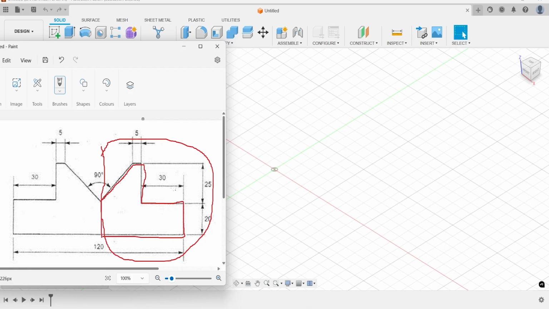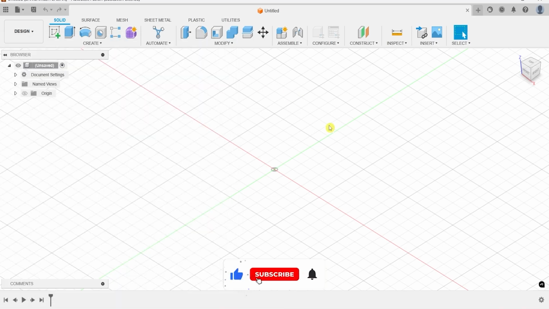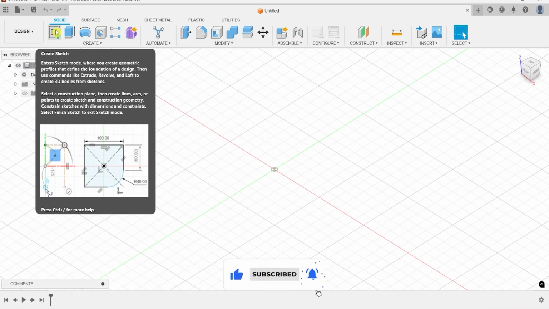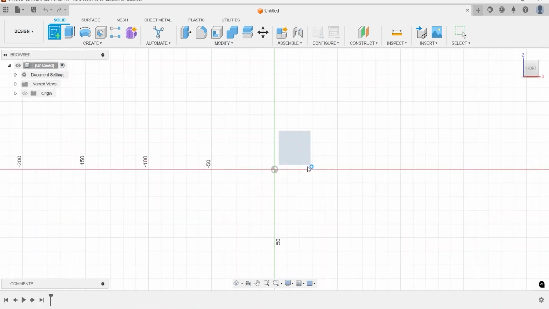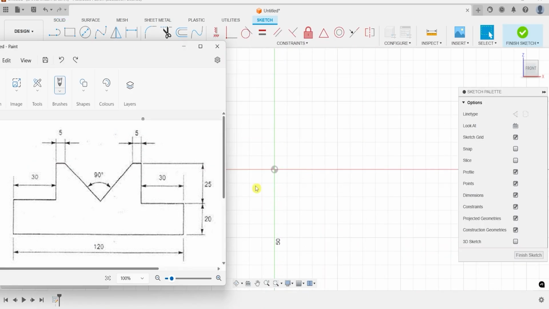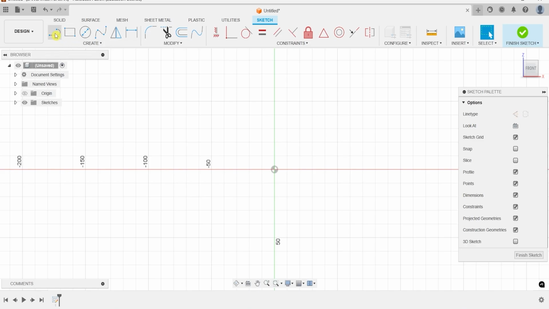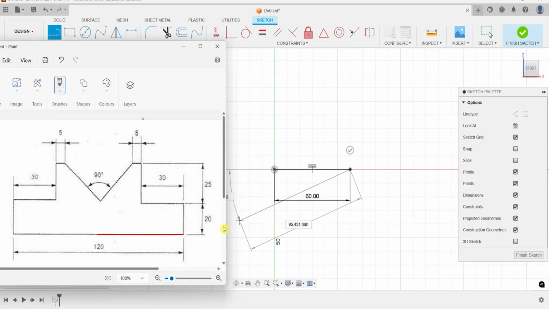See, I am going to draw this sketch first. I am going to select create sketch, then pick any one of the planes. Then as usual, I will start from here. From here to here, how much is there? 60. Then click on line command. I will start from origin, length as 60,